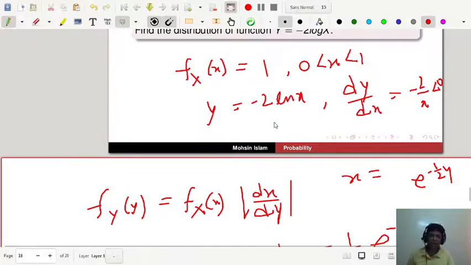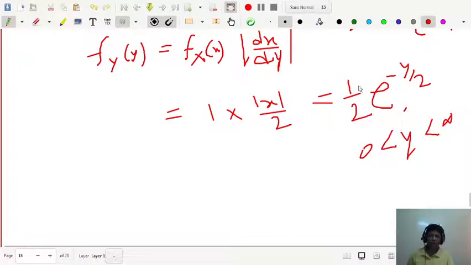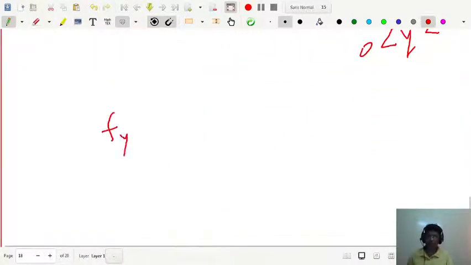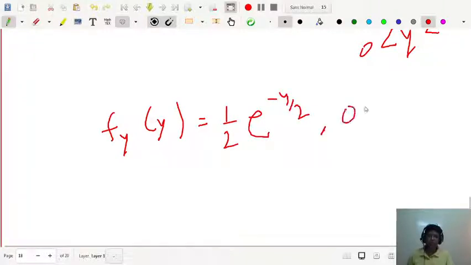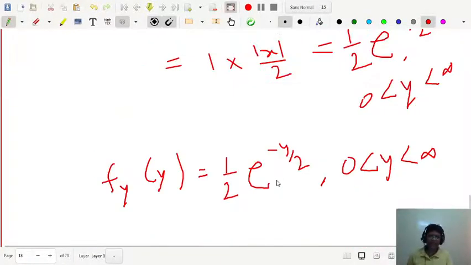Okay, so in this case your distribution is given by f_Y(y) equal to this. You write the final step: f_Y(y) equal to half e to the power minus y by 2, 0 less than y less than infinity. Okay, this is the case. So this is very simple. Next,